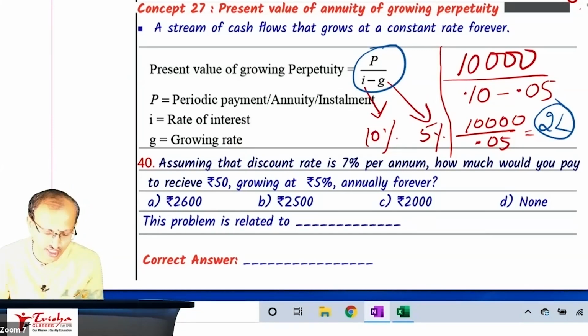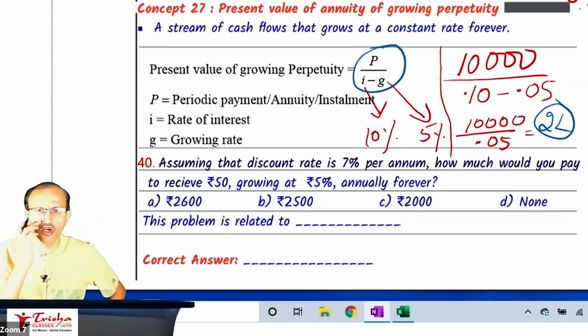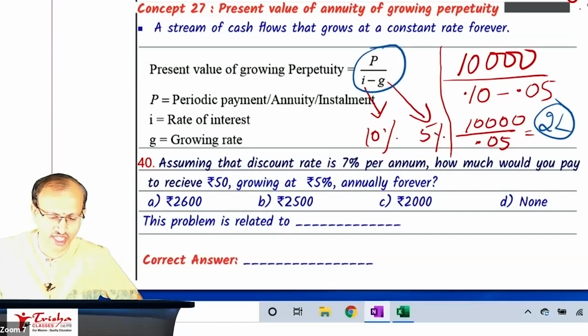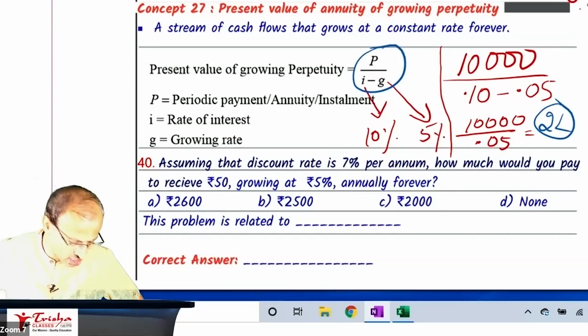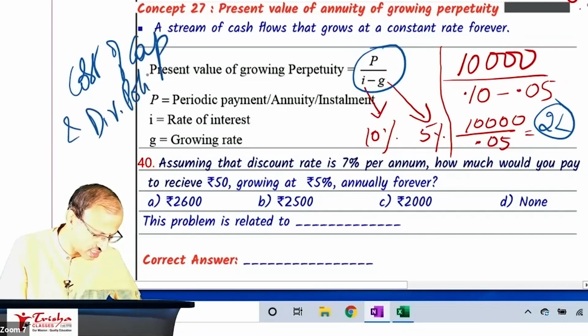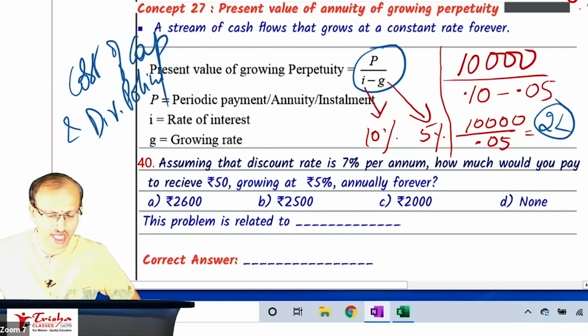All of you just write one sentence. More details of this topic will come in CA Inter. Put dash FM, financial management. Put dash, you write 2 chapters, it is going to come: cost of capital and dividend policy.